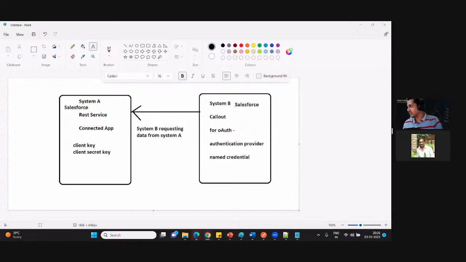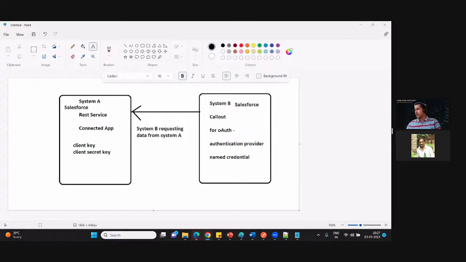I got the question, Sanjay. Let me go over it. When should we use the HTTP request and the HTTP response class, inbound or outbound data integration? So Sachin asked the question, when should we use the HTTP request and the HTTP response class in the inbound integration or the outbound integration? The answer is we should always use this in the outbound integration. In the inbound integration, Sachin, we create the REST service.